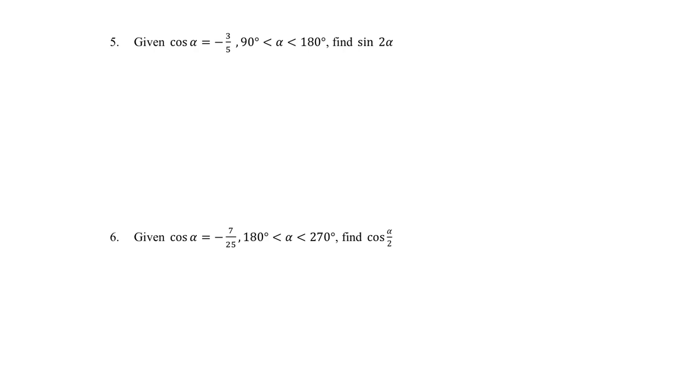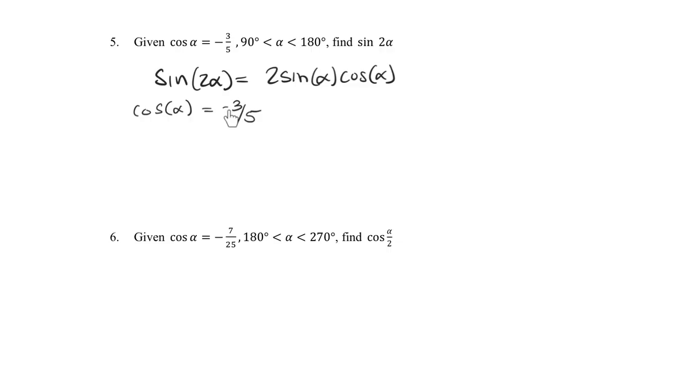Question 5. The double angle identity for sine. So we have sine 2 alpha is 2 sine alpha cosine alpha. So now if the cosine alpha is -3/5, then